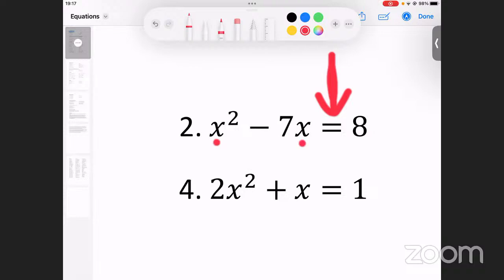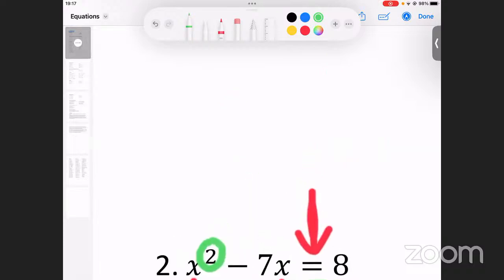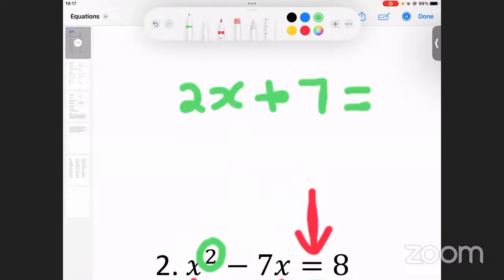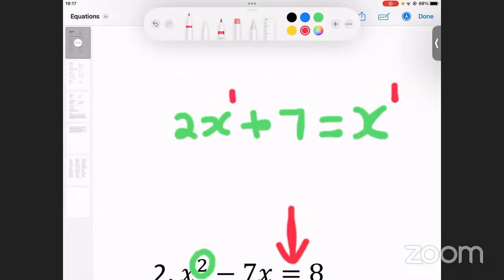But now the last important question, what type of an equation is this? Is it a linear or is it a quadratic? The moment you see that letter to the exponent, as long as there's exponent 2, it makes the whole of this a quadratic equation. Those of you who do not know how a linear looks like, a linear will just be, for example, 2x plus, for example, 7, it could be equated to x. When you look at this, all the letters are to the exponent of invisible 1. That is a linear equation.